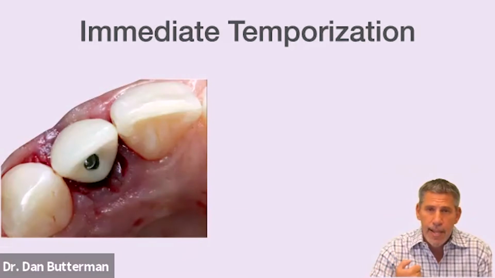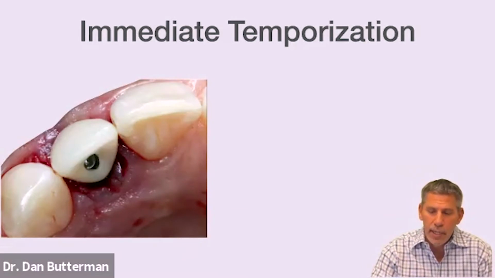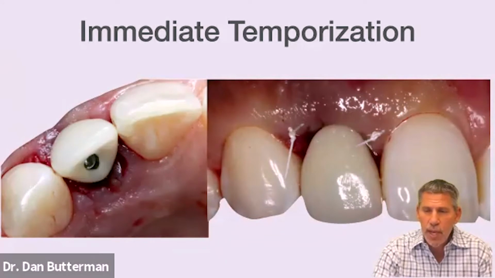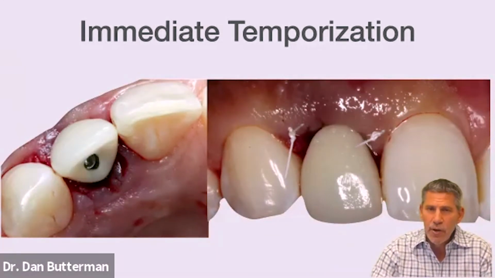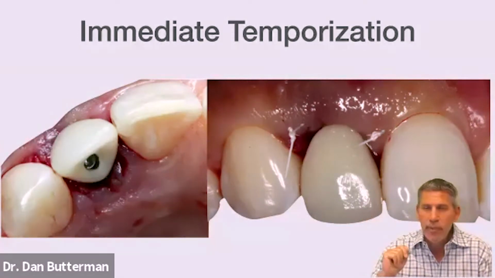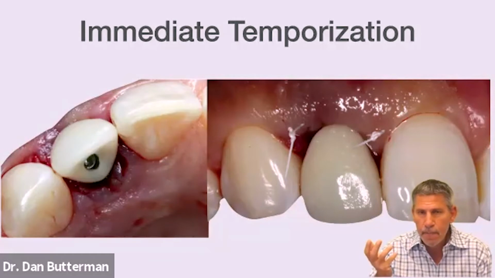I certainly would do it, but at the time of surgery, I certainly don't want to cement anything. So I need this to be screw retained if we're going to be placing that on there. Patient's been given instructions that this is for smiling only. When I place this temporary on, I always err on the side of making them too short. So I actually ground down that incisal edge just a little bit so that the patient couldn't function for sure